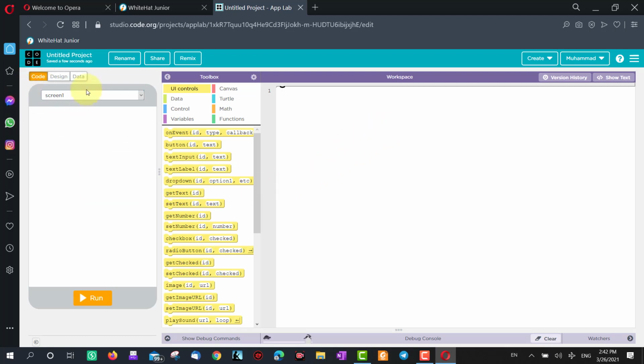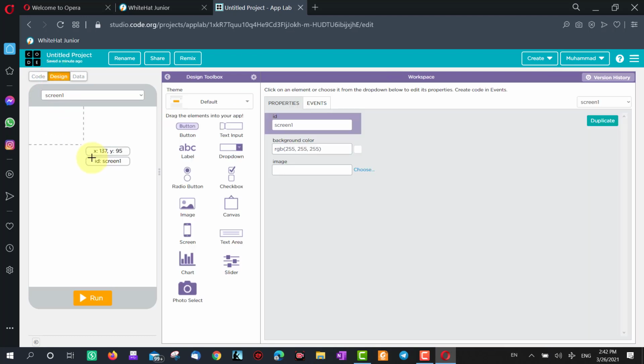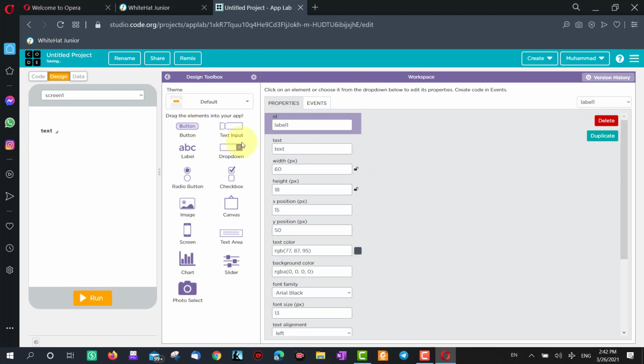For designing the app we have to go here on the design tab, and we will take first of all the label. We will place here the label, and we will place one text input box. Okay, so in the text label we have to change the property of the text so that the user must know what he has to do and where he has to do. So just type here, enter the length of any side of the square,